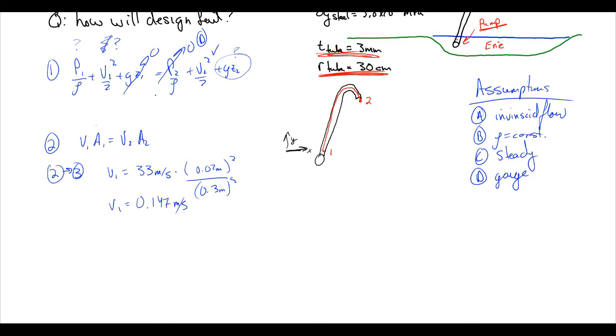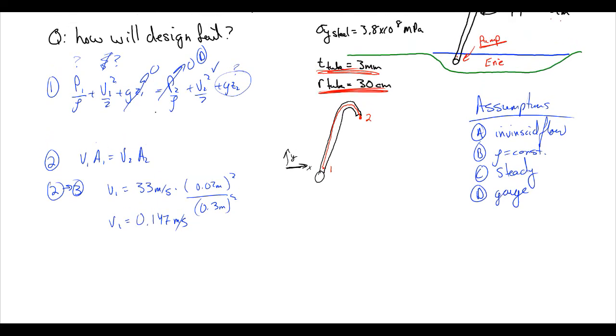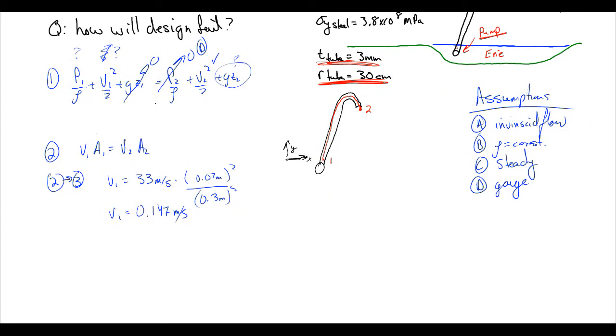Cool. Now we need one more equation to tell us our P1. Well, we know that the failure that we're worried about is pipe bursting. So if we want to know the highest height we can go, we're going to try to figure out the height at which the pipe bursts, because any higher than that, obviously it fails, and slightly lower than that, it works. So if we do a cross section of our pipe here,